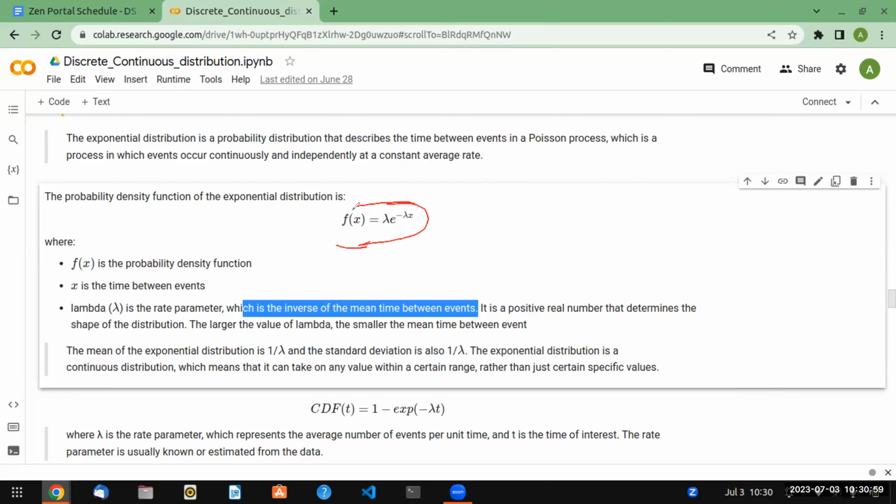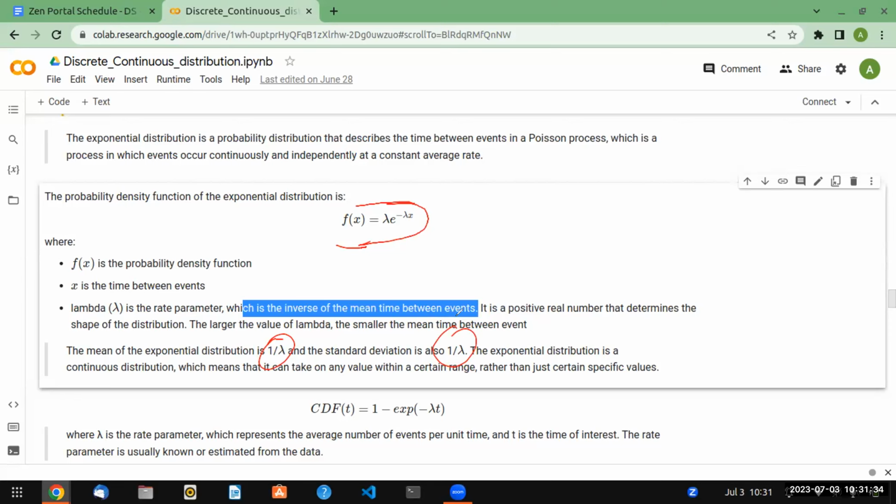That's why we are learning these known distributions, so that when we identify our data set is following one of these distributions, we can immediately say, okay, 1 by lambda is the mean value. You need not calculate the mean value separately. Standard deviation is also 1 by lambda. So suppose you identified your data that you currently have is following exponential distribution. What is the mean of your data? That is 1 by lambda. What is the standard deviation of your data? 1 by lambda. So this is why we're learning these known distributions.